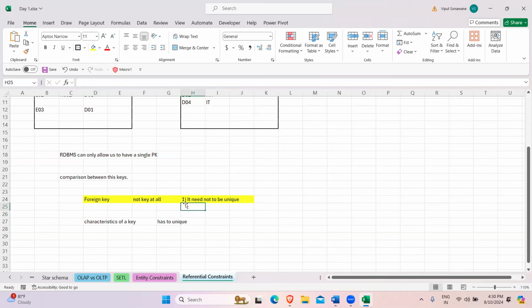Second difference that you have is primary key compared with foreign key. If we compare these two keys, for any given table there can exist only one primary key. There can exist only one primary key. So you have to make up your mind what is that single attribute which will